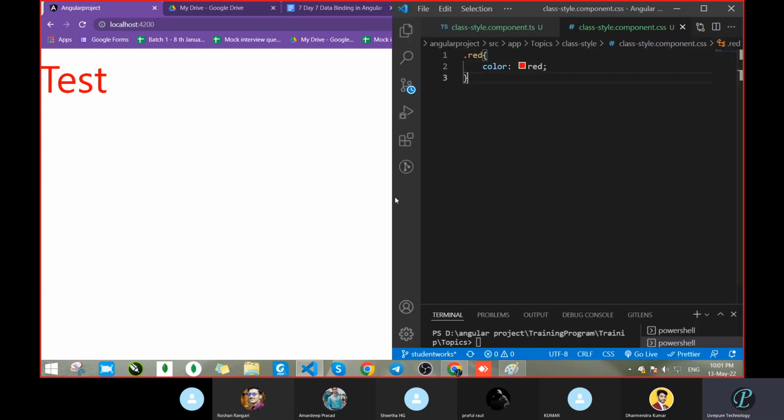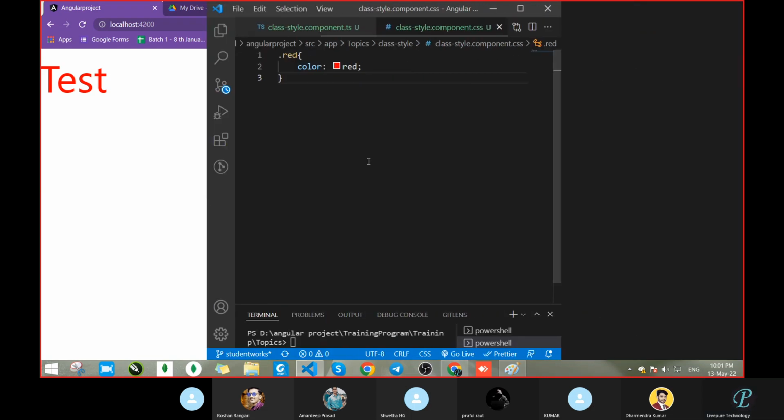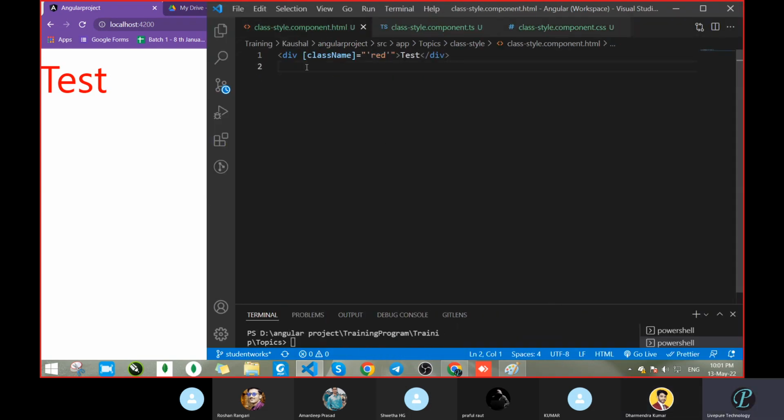What did we write here? Let's go through the code. We had taken the class name, and this class name is used when you have to add the class, because here we are going to add the class, that's why we had taken it inside the property binding. You can write normally also, it will work, not an issue, but there are some benefits. That's why we had taken this one. I will show you the benefit. Here we can write a normal class and red, saved. You will get the output. Got it? But